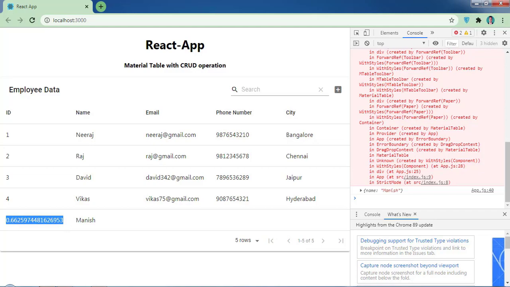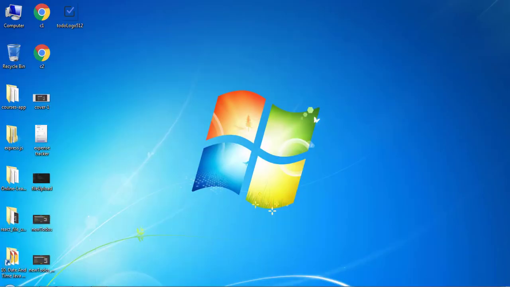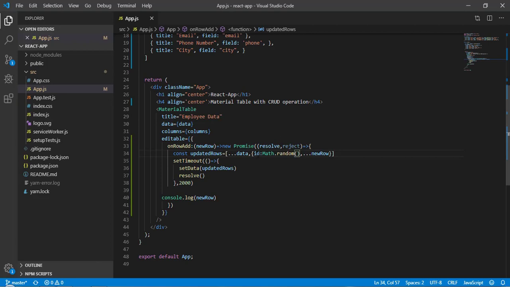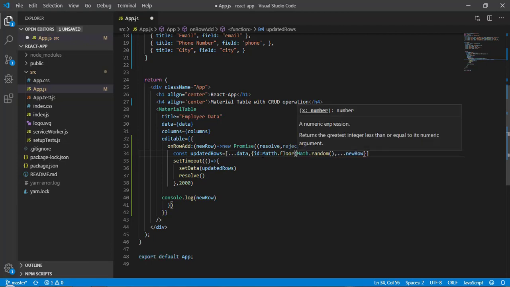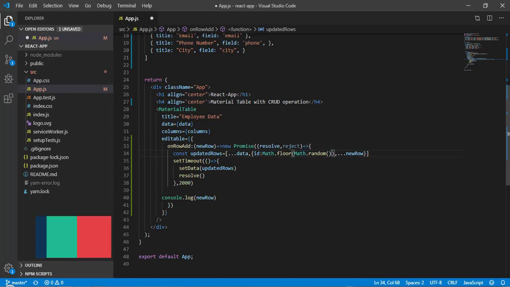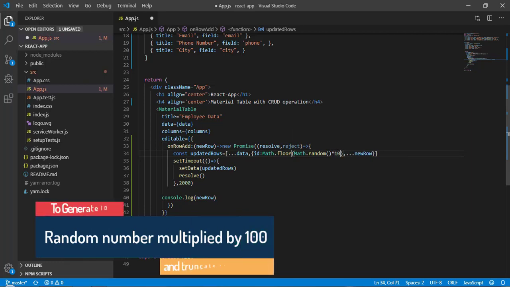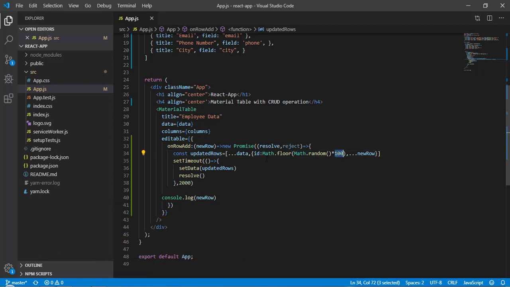Now if you want only 2 digits, for that we can use Math.floor, and here we will multiply with 100. Basically we are getting everything in decimal, so we multiply with 100, and we are setting it to floor, so the remaining value will be discarded.